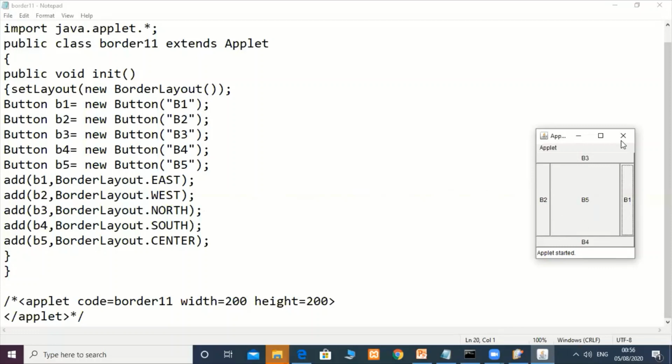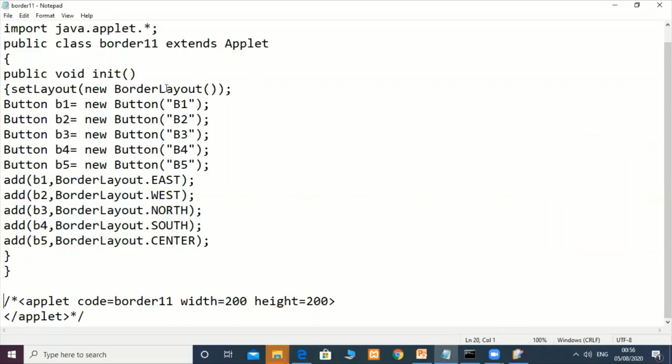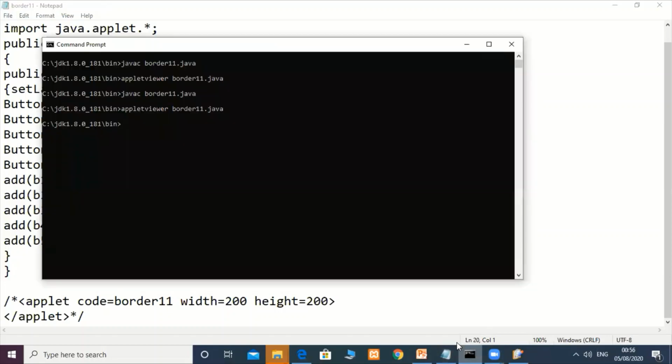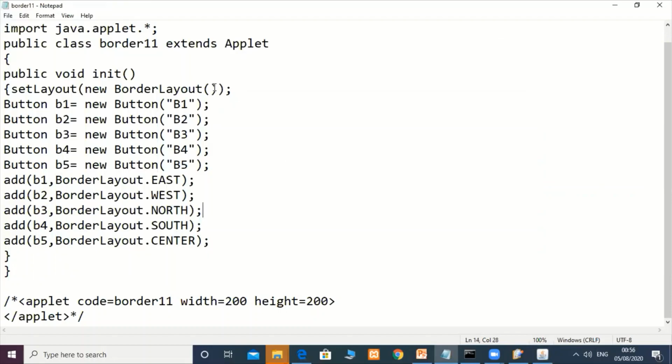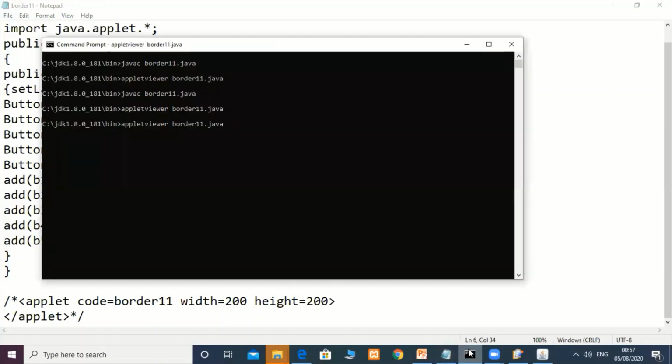And suppose if you change this border layout and go for the second constructor. In the first output there is no gap here between the components. See, these are attached area wise. This is all attached. There is no gap between the components. Then I will go for the second constructor here. We'll put a horizontal pixel value and a vertical pixel value, and see the output. We'll get a gap between two, different components, and compile this once again.